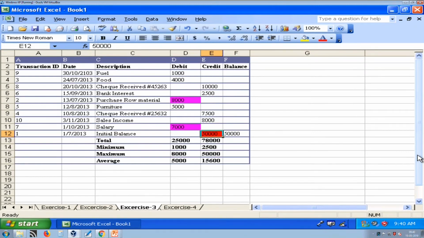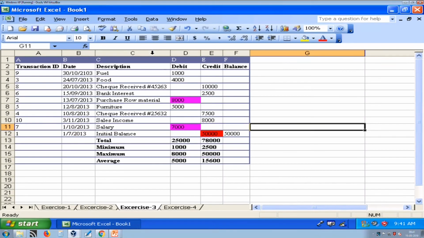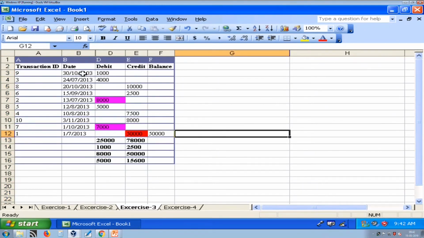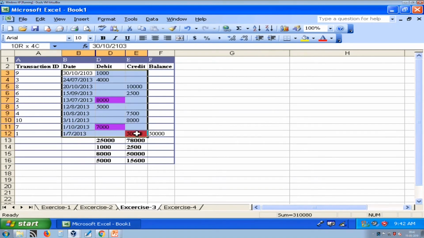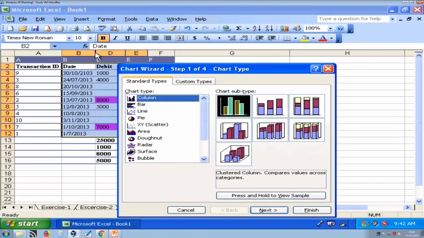Next, we want to create a date wise bar chart for income and expense. So, how to do that? Let us learn. Here we do not want to use description, we want to use debit and credit only. So, just hide this column and then select date, debit and credit, and then go to the insert menu and select chart.